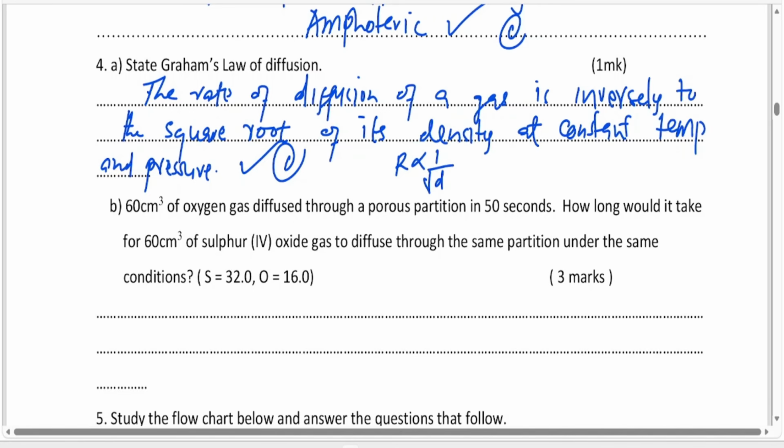Students, as you look at this question, you realize that the volumes of the gases were equal. Therefore, given the time taken for the first gas to diffuse through the partition, we could just directly use the relationship that says that the time of